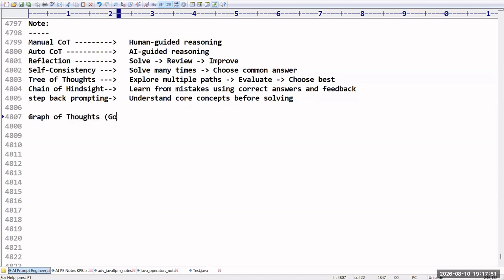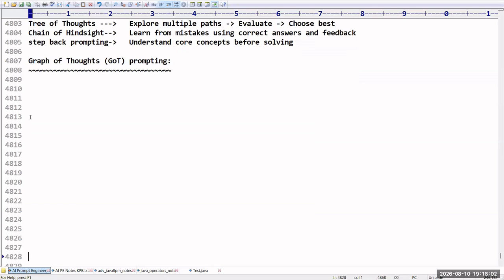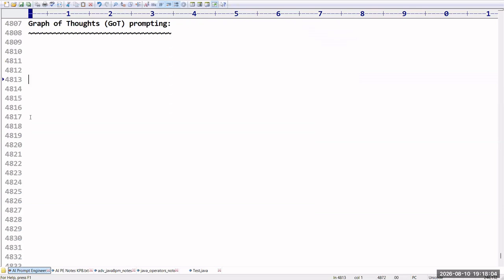Which is nothing but GOT prompting. Sir, what is meant by this graph of thoughts? GOT, graph of thoughts. Sir, in our previous examples, we already covered tree of thoughts. In tree of thoughts, we are going to take multiple decisions. So if anywhere we get the solution, then from that we will choose the best solution. That is nothing but what